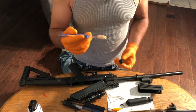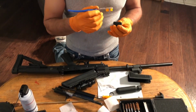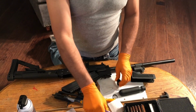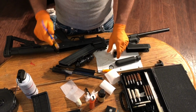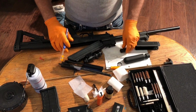Don't throw them away. You can always use them for something. Put a little bit of solvent on your toothbrush and clean your stuff, just clean it as best you could, and then put a little bit of lubrication oil, and start assembling your gun, but at least it's clean. Make sure that all your parts are clean,